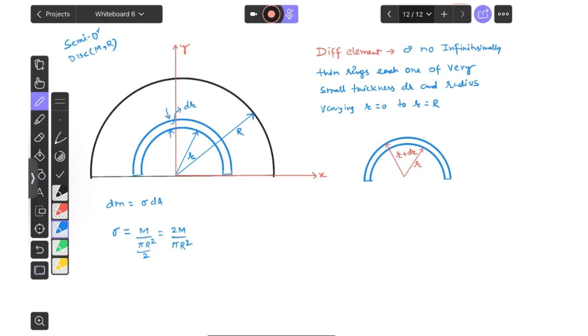Next, dA, the area of the differential element. That is something we have to figure out. Maybe I could tell you via different ways. Method 1 will be